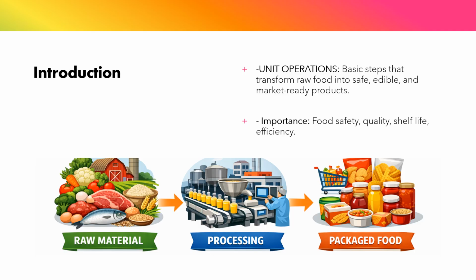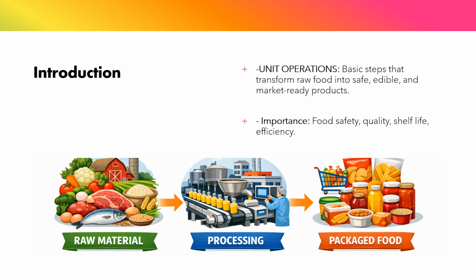Unit operations are the basic steps used in food processing to convert raw material into safe and useful food products. Each operation is a simple action like cleaning, sorting, mixing, heating, cooling, drying, or packaging that together form the complete process